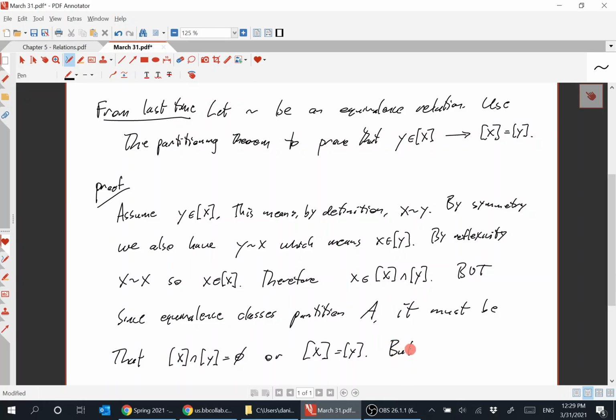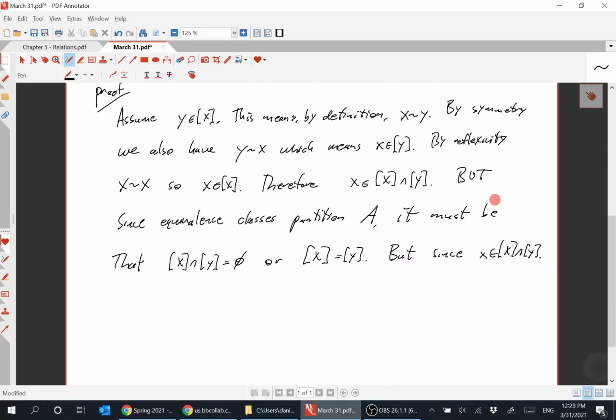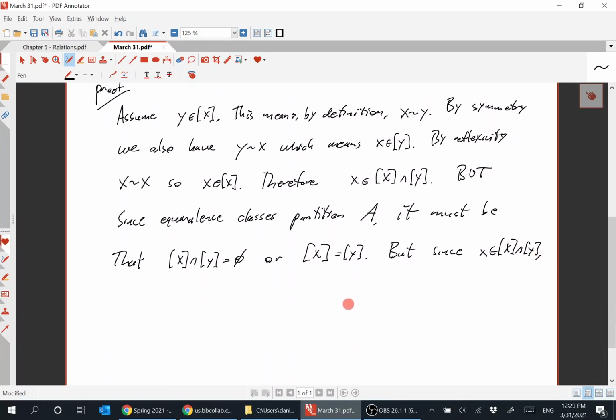But since x is in the equivalence class of x intersect the equivalence class of y, it's non-empty. It must be the latter